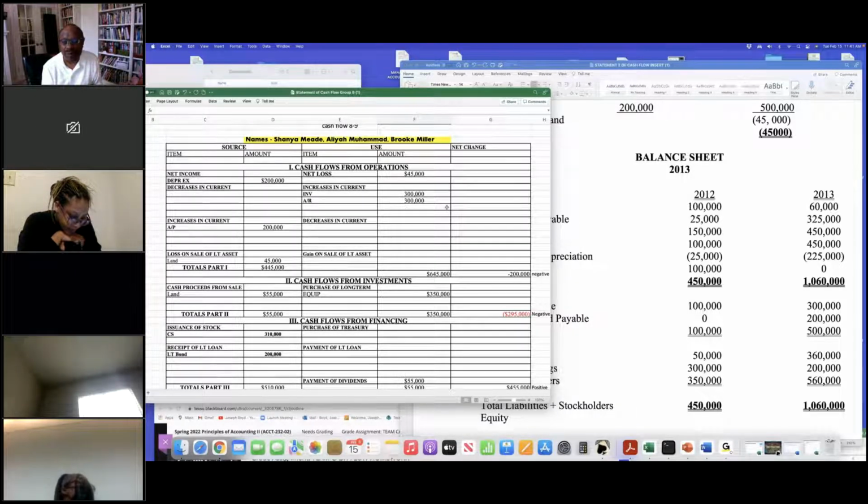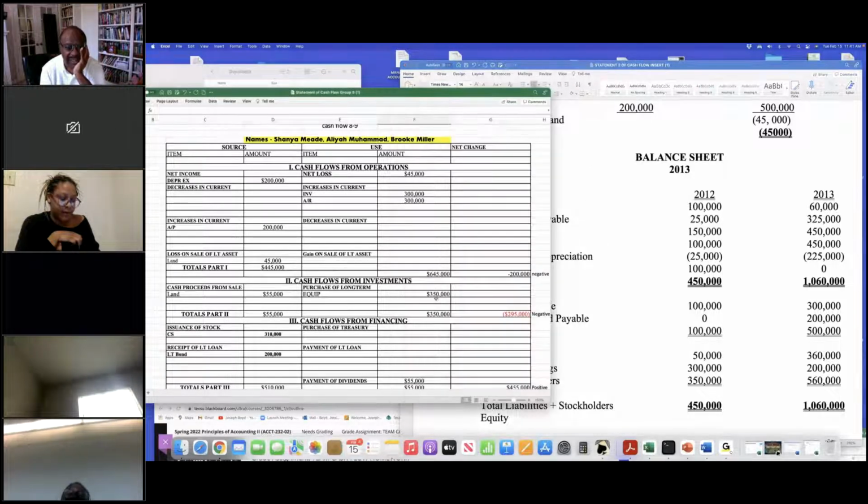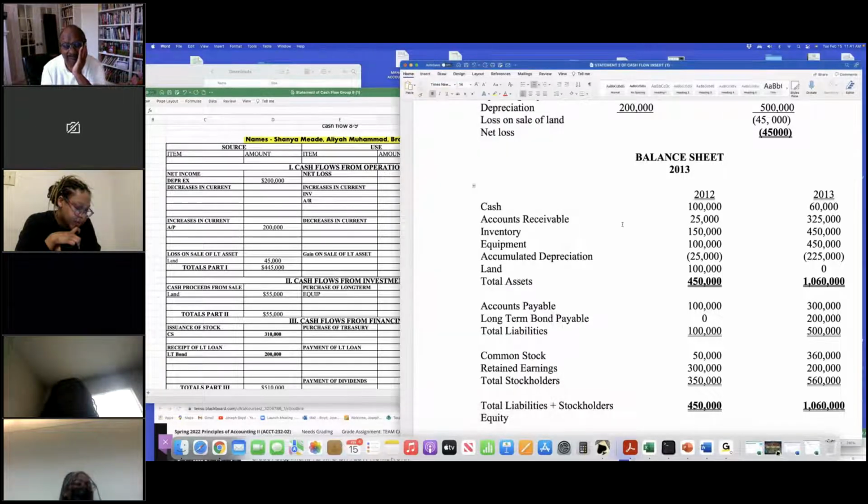What's next? Then we have our equipment, which increased by 150,000. It goes in section 2 under long-term assets. What next? I think we did depreciation already, right? Yep, did it already. All right. Then we have our land,